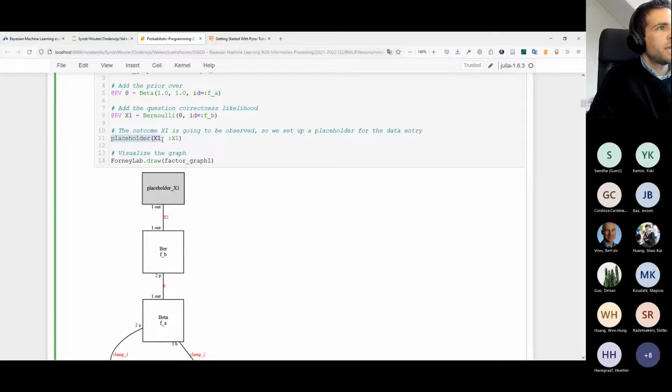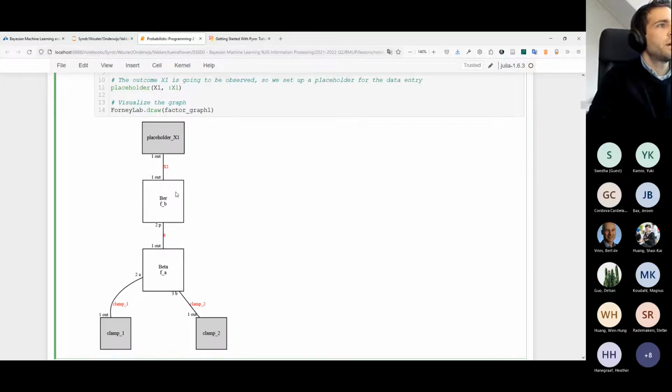And so here we'll say that x1 is a placeholder, as in we're going to feed data in there later. And so it'll generate this node, and it will say that this node is of a placeholder type. So now internally, Formulab has this graph structure with all of these nodes that are both defined and inferred from the probabilistic model, including all of the edges. And so GraphViz is just a way to